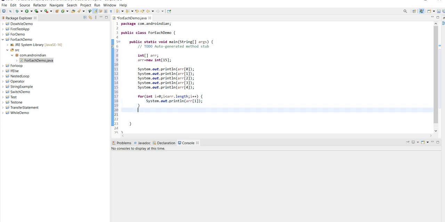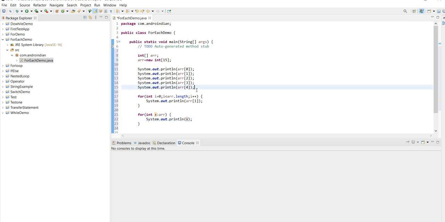Outside of this for loop, I am now writing the for each loop: for int x in arr, and I want to print the x value.